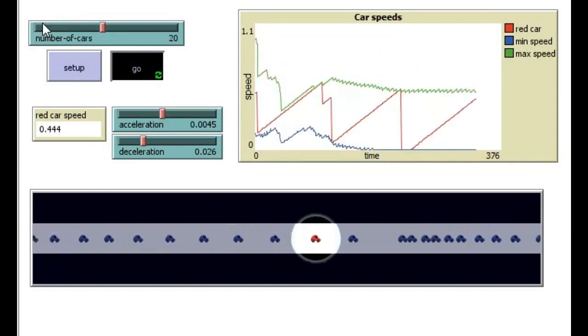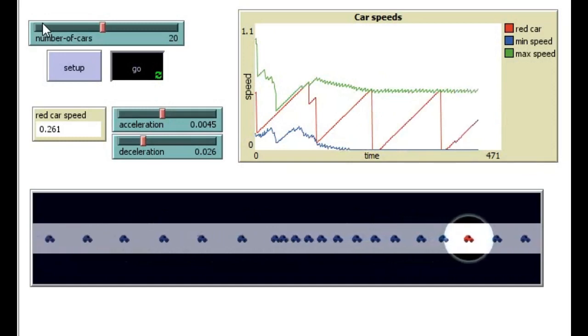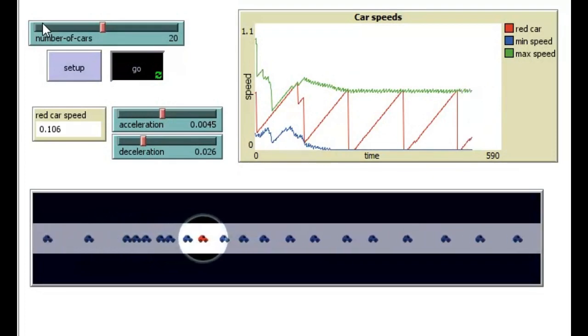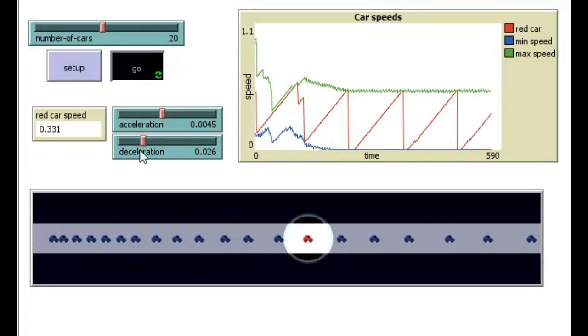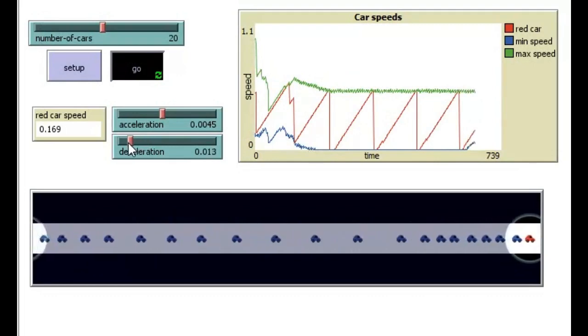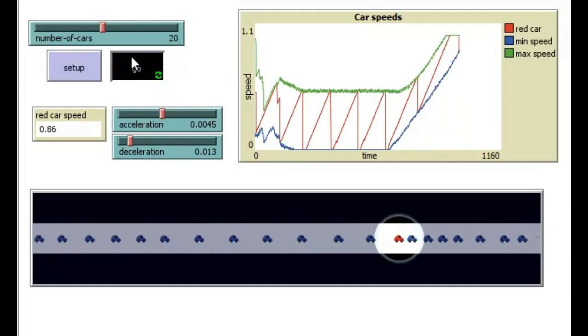With 20 cars, a traffic jam forms, and no one goes faster than half speed, even though if they behave differently, there's no reason why they could not continue at full speed. If everyone just stops braking hard, then eventually we get back to a smooth flow at top speed.